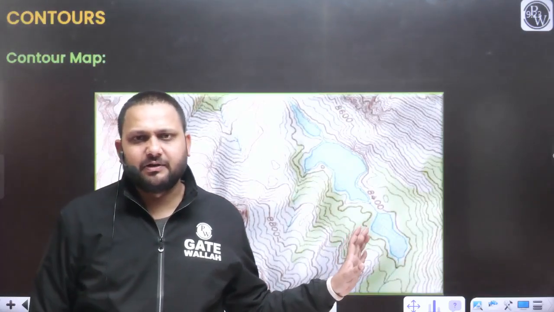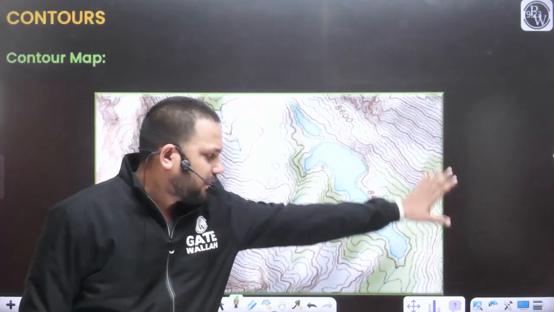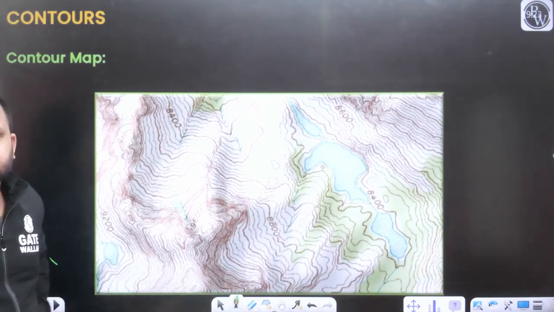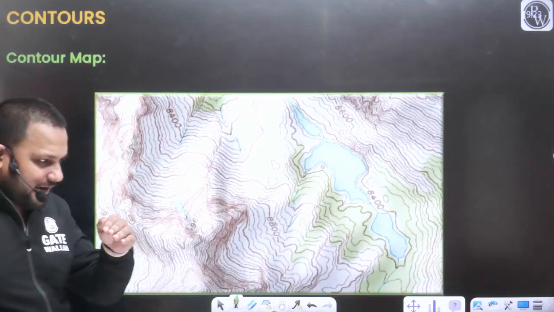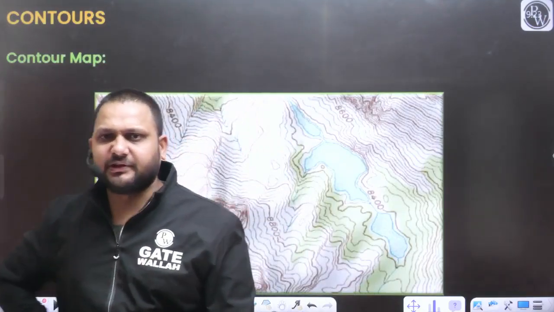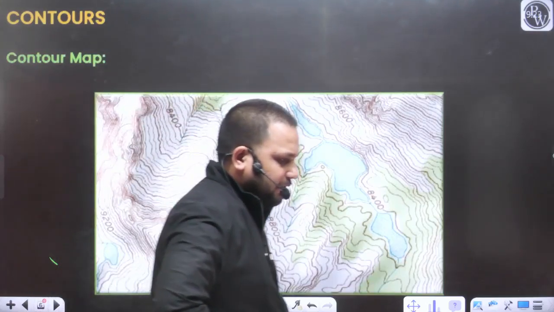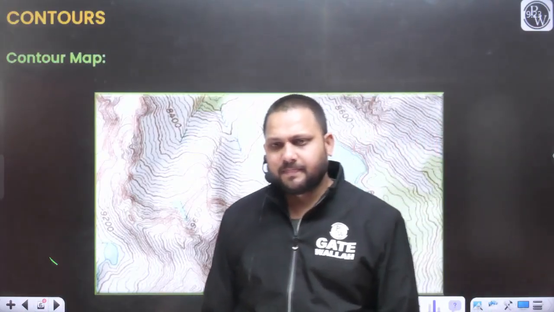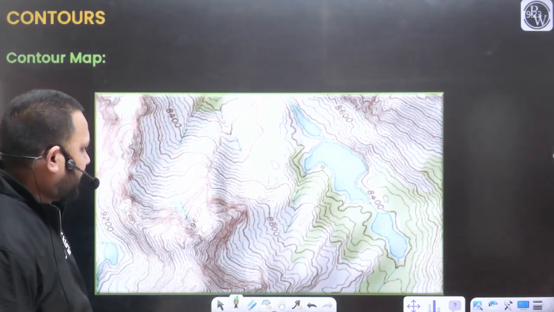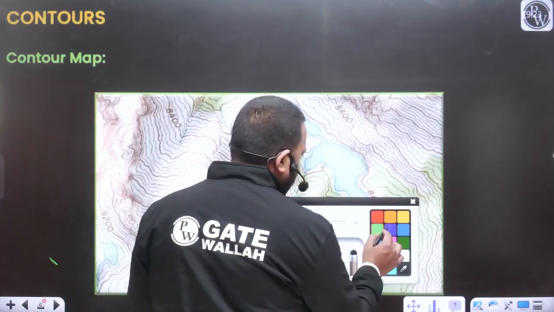So first tell me, are you getting the detail of the elevation or the reduced level, for which ground, for which field we have prepared this map? Are you getting any idea where the level will be more, where the level will be low? Any detail that you are getting from this map about the elevation? 8400 elevation near lake. Yes. So for example, here the elevation given is 8400.